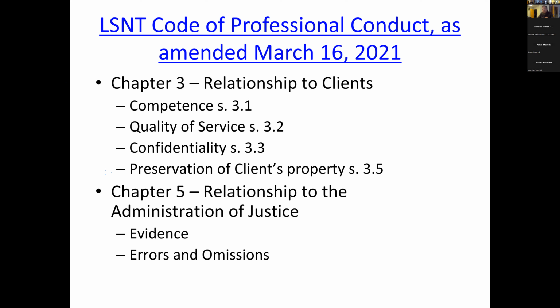And then Chapter 5, the relationship to administration of justice. So there are the evidence considerations, and there is an omission on the part of the lawyer. I invite you to have a read through those. There is a view that keeping up on IT